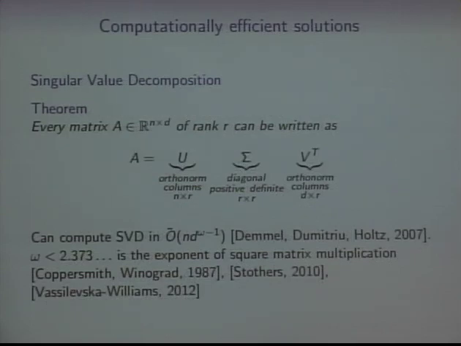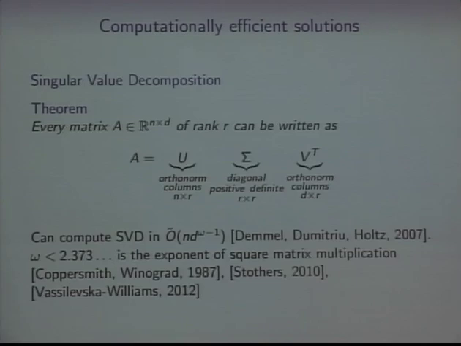For all these problems, you can use the SVD to get efficient solutions. So, theorem: every matrix A has what's called an SVD, which is writing it as the product of three matrices in this way. The middle matrix is diagonal with strictly positive entries on the diagonal, and U and V have orthonormal columns. And once you have the SVD, which you can compute in this kind of time, up to some precision, and there's some logarithmic dependence on precision, I'm not going to talk about precision issues in this talk. I claim that once you have the SVD, you can solve a lot of problems.